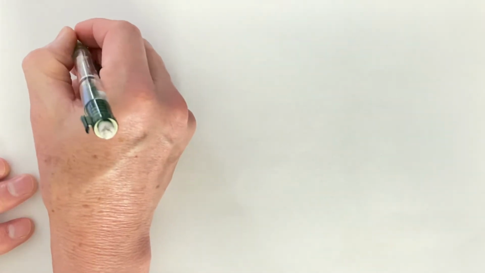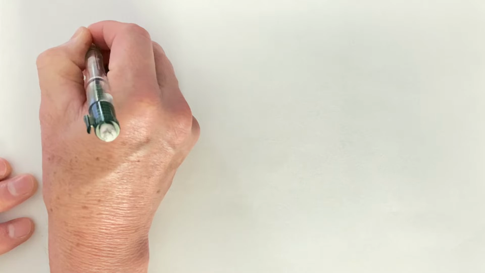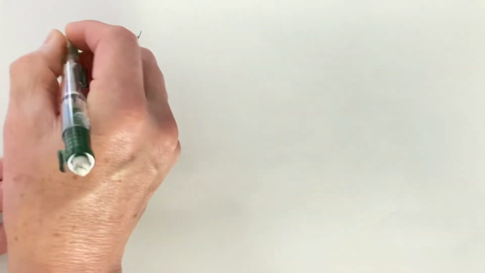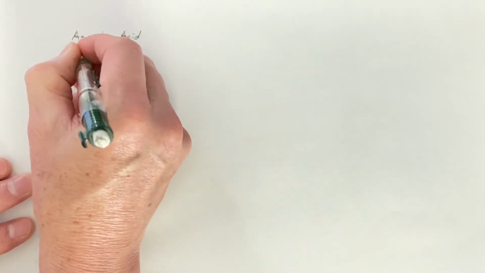In this lecture, we will look at chemical formulas and percent compositions. Let's start right in by looking at the chemical formulas for two different compounds. The first compound under consideration is ascorbic acid. The formula for ascorbic acid is